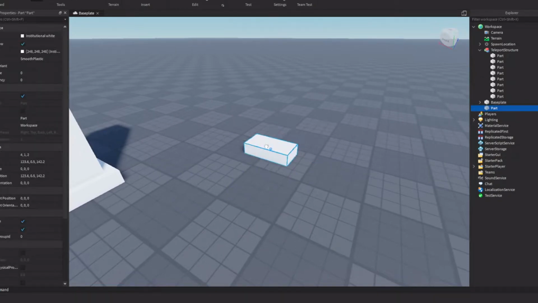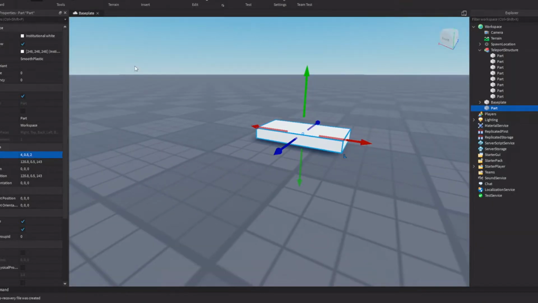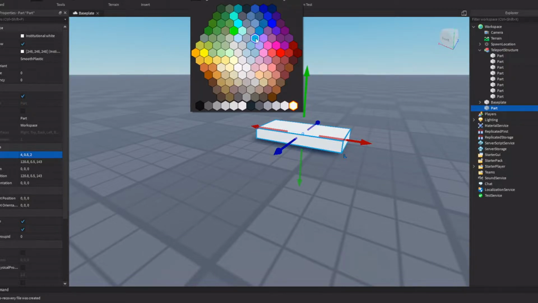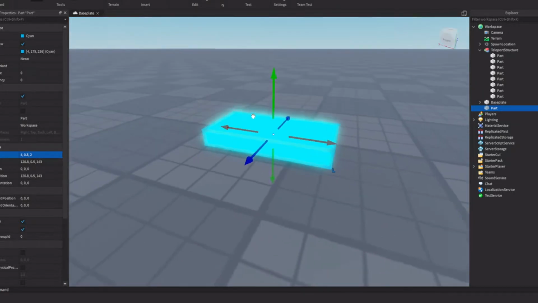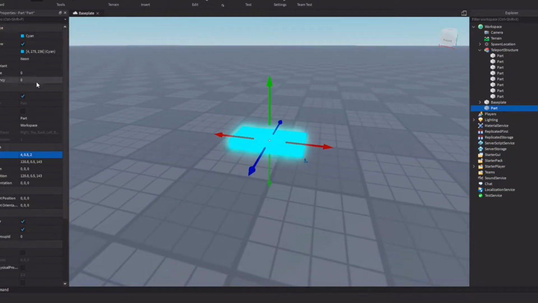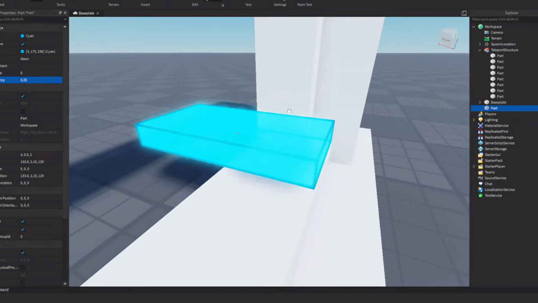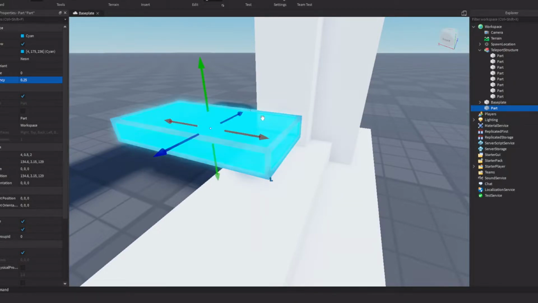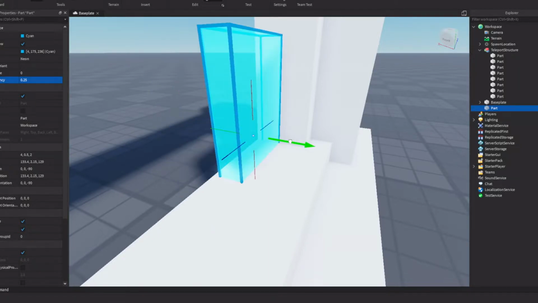So let me just create a part. I'm going to make it 0.5 just so it's a bit thinner. I'm going to color this blue, and we'll make the material neon. I'll change the transparency just a little bit just so it's not quite as bright. It's anchored. Scale it to the back, rotate it, move it. Okay,